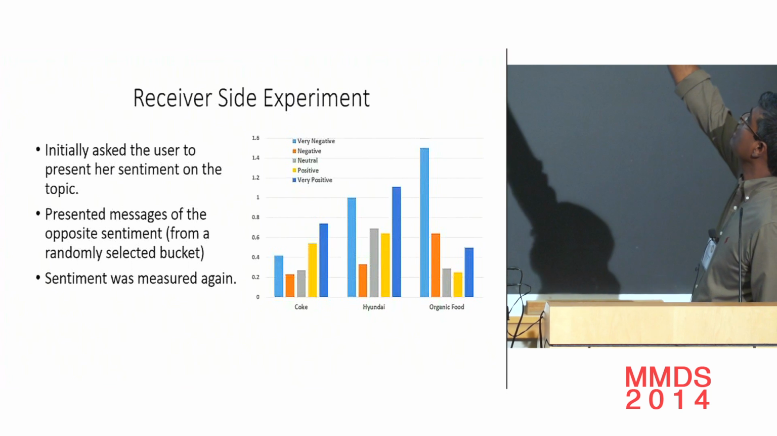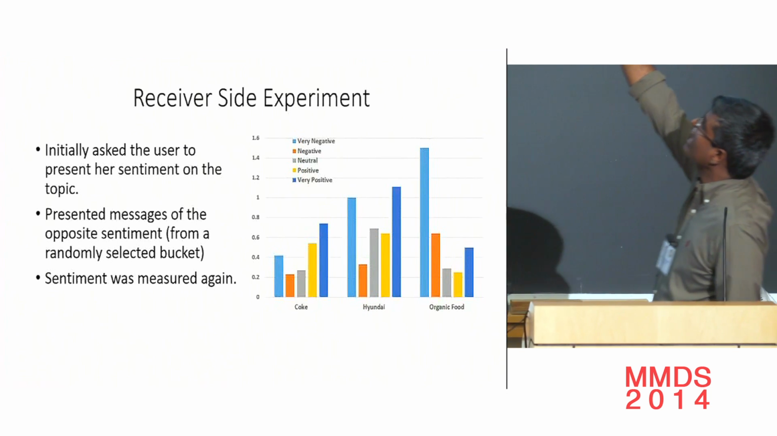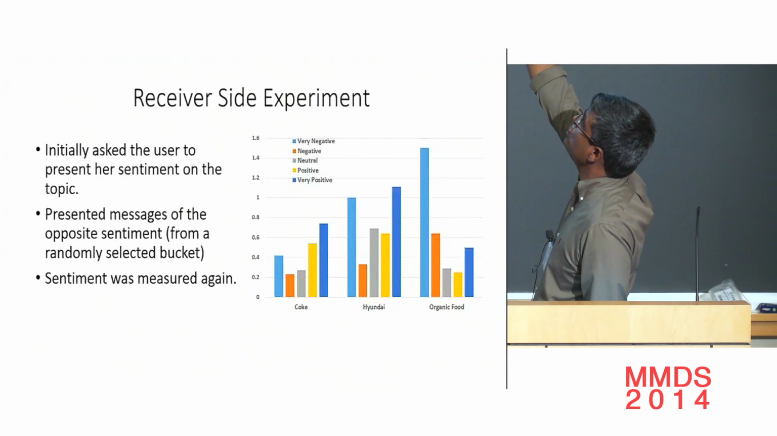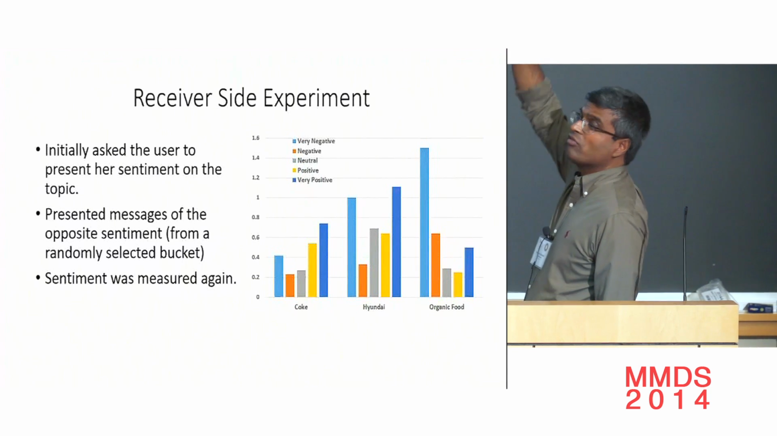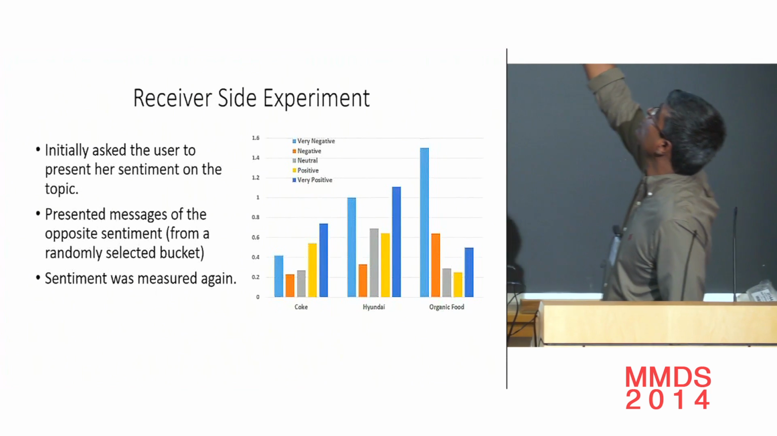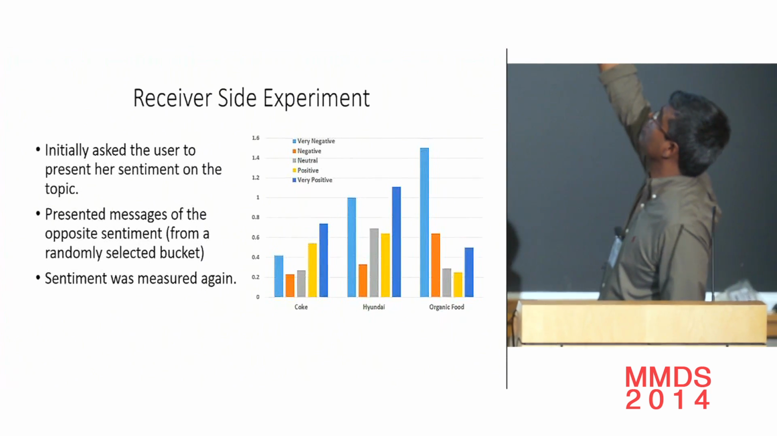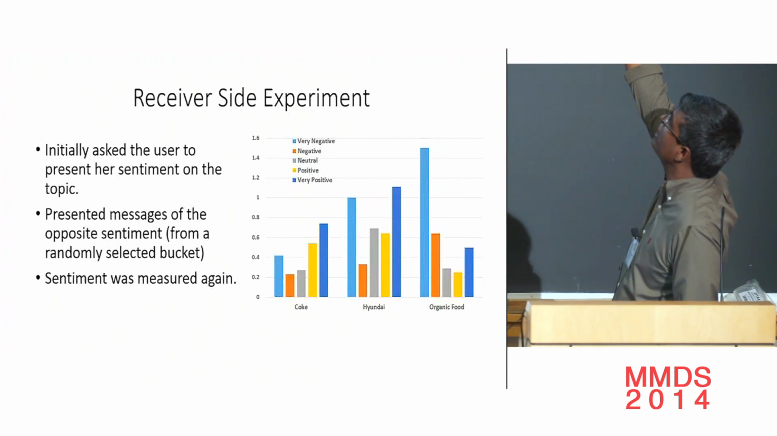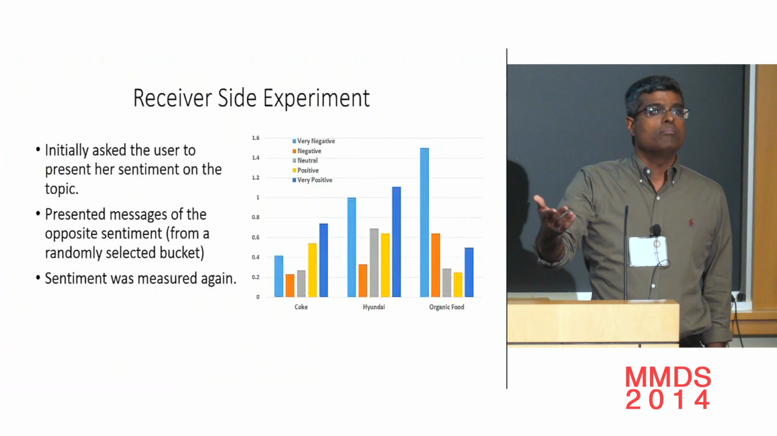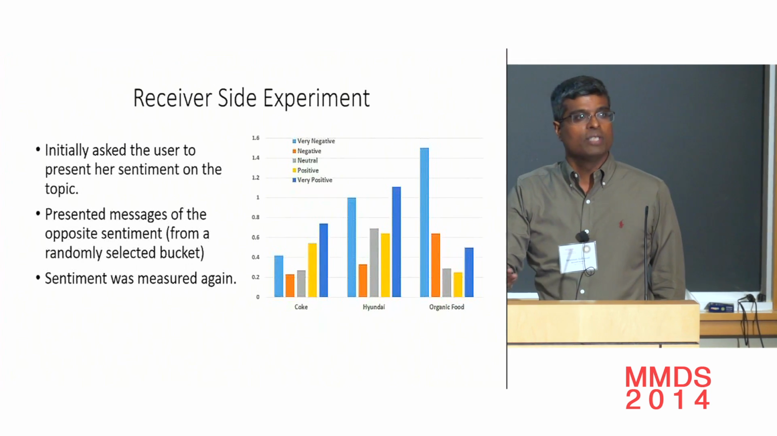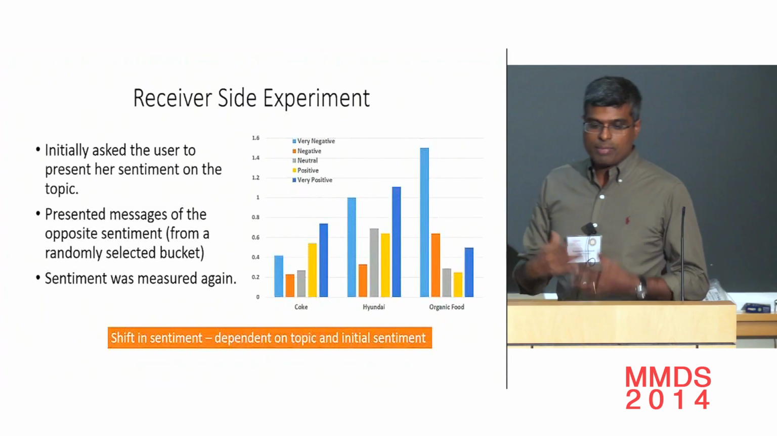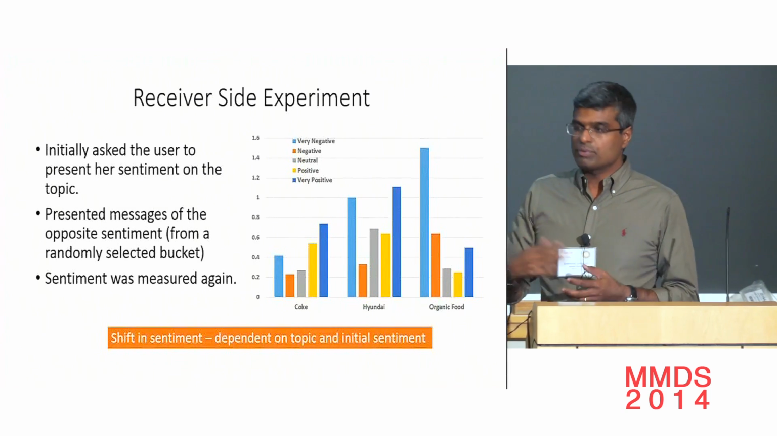You can actually see, for example, take organic food. Users who were negatively inclined initially actually made the largest jump once they saw a message of the positive sentiment from one of the buckets, okay? So they made the largest shift. They went more positive. But the users who were positive initially did not change much. They did not take the negative sentiment even though they saw the messages of the opposite sentiment, okay? So this shows that the shift in sentiment is dependent on the topic as well as the initial sentiment